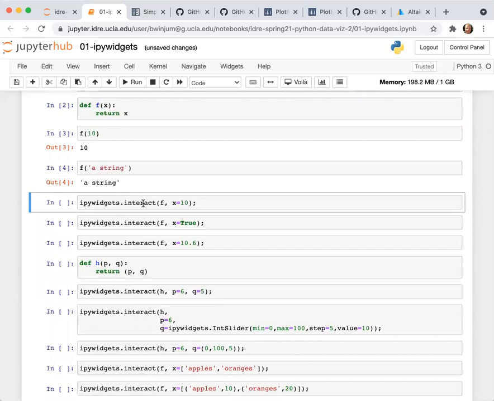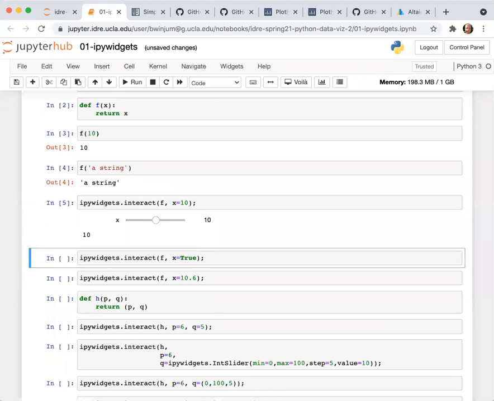So here now, I'm going to introduce the widget. The one example of creating a widget is simply to put the name of the IPyWidgets library and then call a function from that library. In this case, it's the function called interact. And then the input parameters that you pass to it, the first input parameter has to be the function name. And then subsequent parameters can be the variable name that's called for the function. And in this case, I'm going to pass it an explicit value of 10.